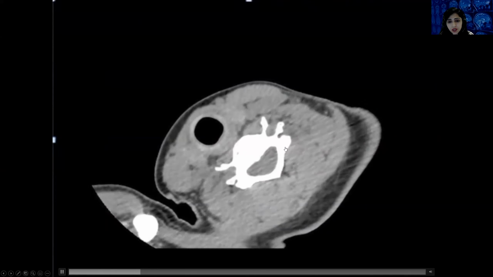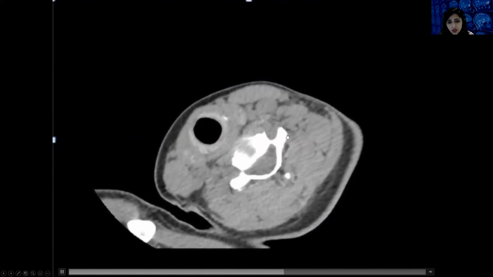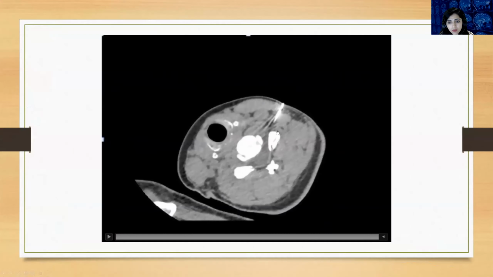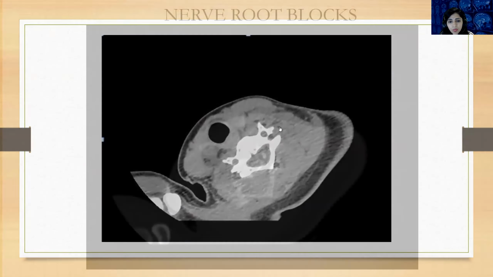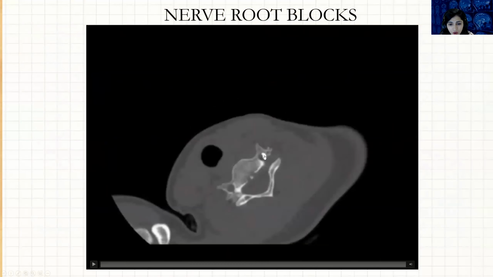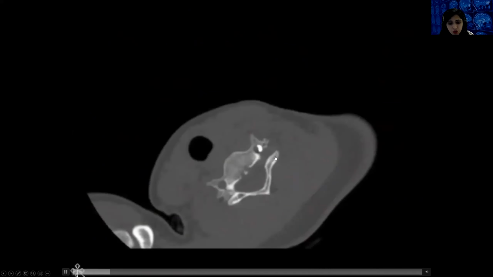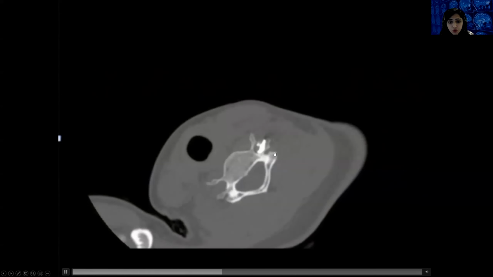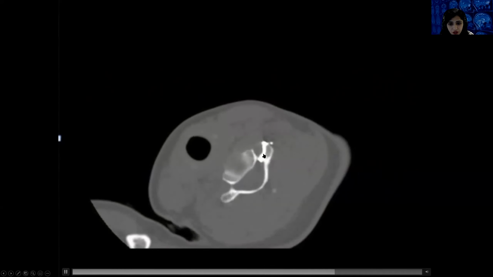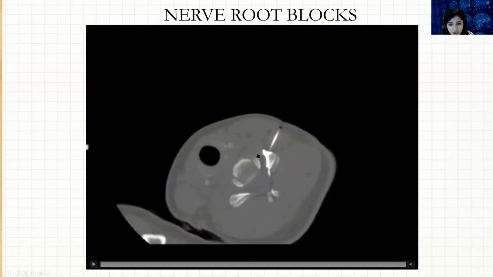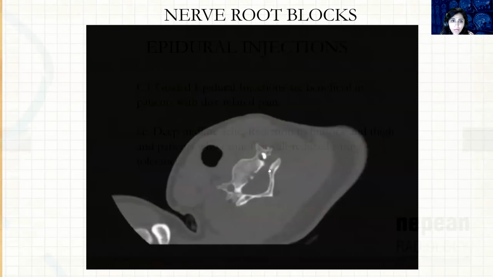Again, a cervical spine nerve block injection. So needle like this. We cannot come from here. This is a vessel. This is a vessel. So you have to be very careful that you are coming from the side. So this is the contrast which is outlining the vertebral artery. So the vertebral artery is that close in cervical spine injection, and you are here. That's why injecting contrast is so important. Look, the contrast is actually outlining the vertebral artery.